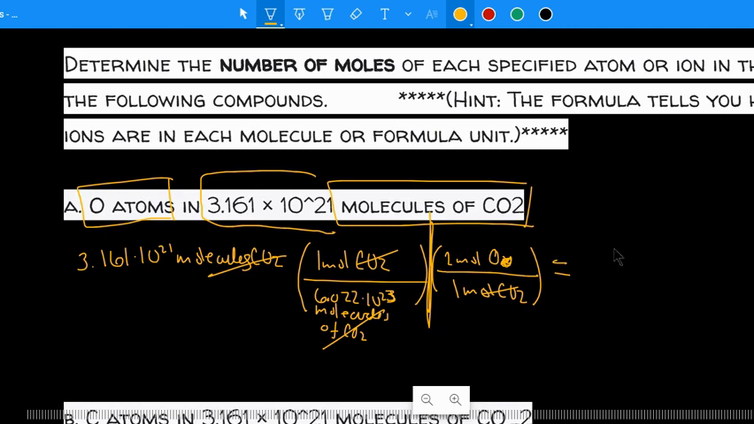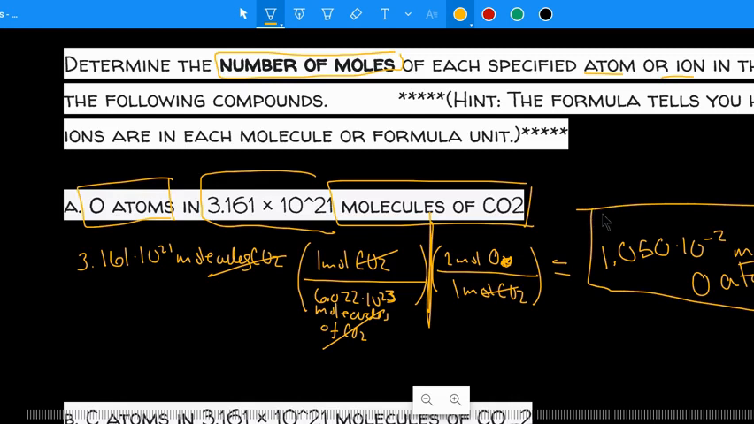All right, so my final answer here comes out to be, with 4 sig figs, 1.050 times 10 to the negative second moles of oxygen atoms. Okay, I wanted to get to moles of atoms because it is in the instructions. They're just saying whether you're talking about atoms or ions, get down to how many moles of them you have. So I have this many moles of oxygen atoms, which written in standard notation,